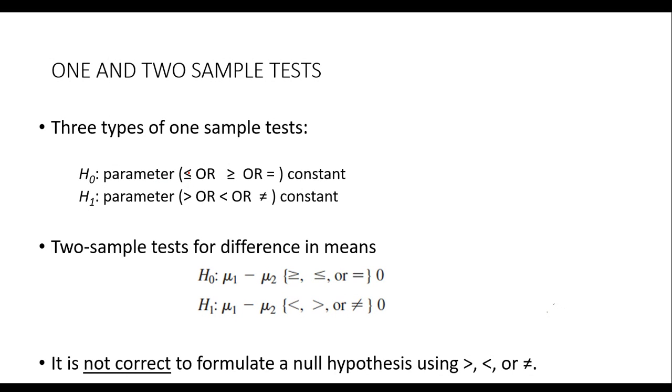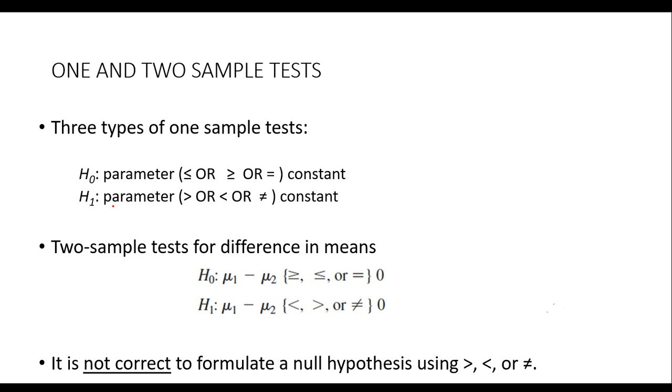And then we have a directional statement: it is less than or equal to, more than or equal to, or equal to a particular constant. Let's say we say the mean IQ level is equal to 110,